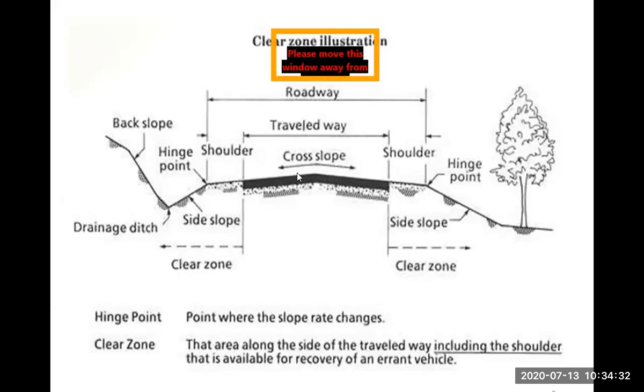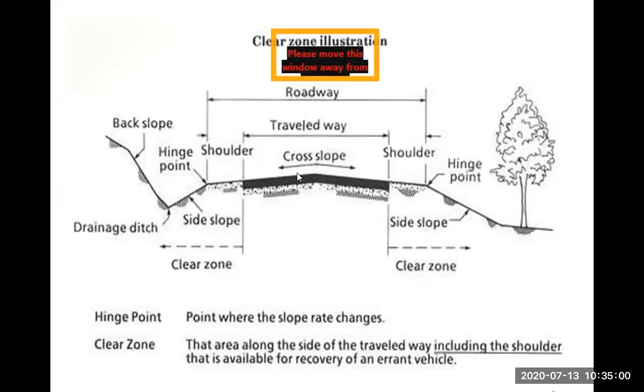And you know the basic function of this cross slope: it is just to drain out the surface water, the surplus water which comes onto it. Suppose there is heavy rainfall, whatever rainwater comes on the road surface, we have to drain it. And for draining out that surplus water, we have provided a gentle cross slope to our road, and we call it a cross slope.